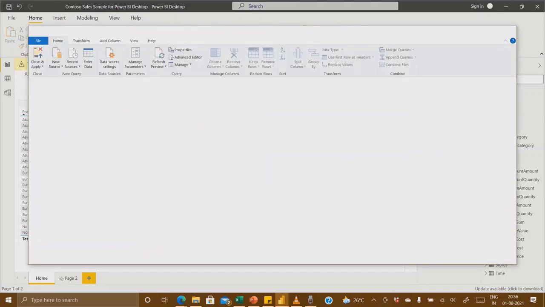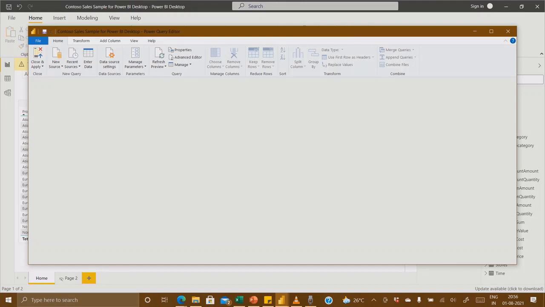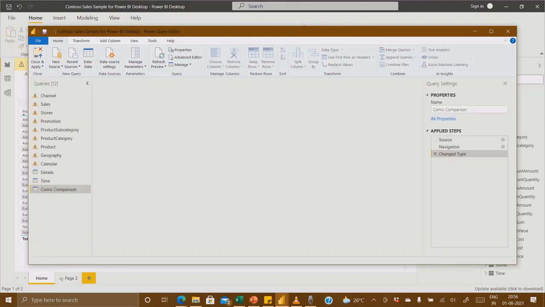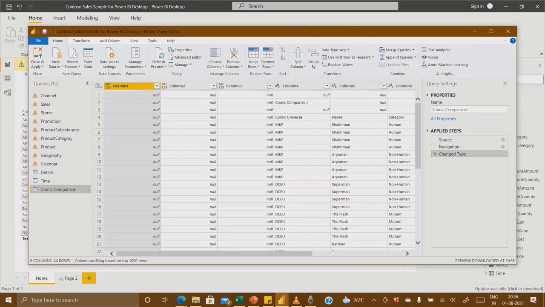So in the last session, I had mentioned about what Power Query is, and how to open Power Query in Power BI as well as Excel. So Power Query is a very strong feature of Power BI and Excel, I will say. So now you can see here we have the data here. We have the column 1, column 2, column 3. So we don't want these 3 columns. These are unnecessary.